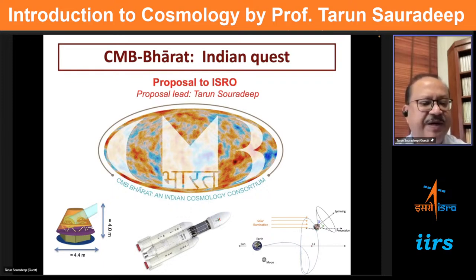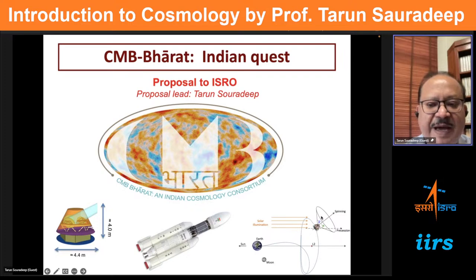inspire ISRO to take the lead and bring other players on board to send a satellite which will be as large as Planck. It is about 4.4 meters in diameter, 4 meters in height. That fits within a GSLV Mark III, which is the one which launched Chandrayaan. And then it will go from Earth to the second Lagrange point. The second Lagrange point is where the James Webb Telescope is, and another amazing cosmological observatory called Euclid is heading there. That's a wonderful place to map the universe, because you can look away from the sun, the earth and the moon, all the contaminating things, and keep mapping the universe at high